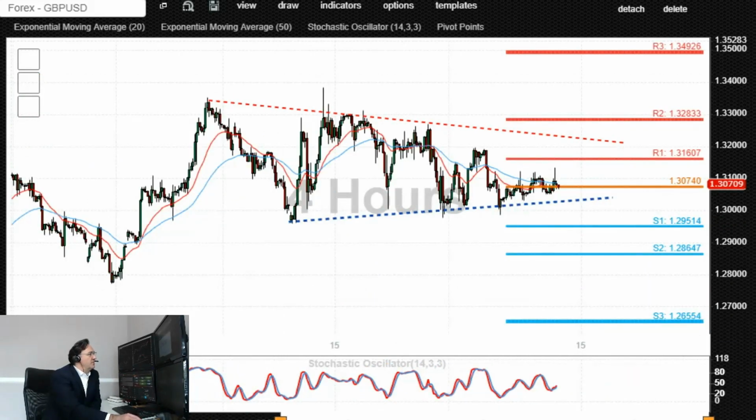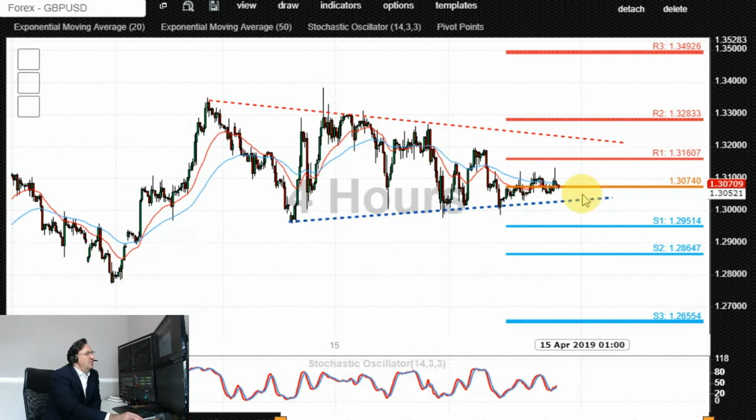This is the price action for cable in the 4-hourly time frame. The energy is building, the price action is coiling. You can see we have a sequence of slightly lower highs and slightly higher lows. The price action is currently capped by the 1.31 level. A confirmed dip lower and end of day close would open up the way for a dip towards 1.30, possibly even 1.2950, and then a retest from underneath of that